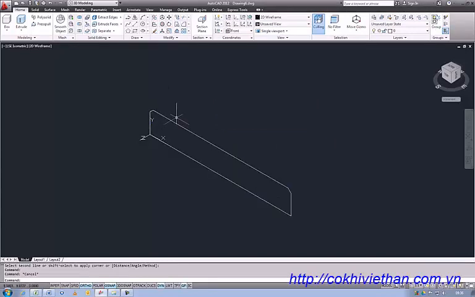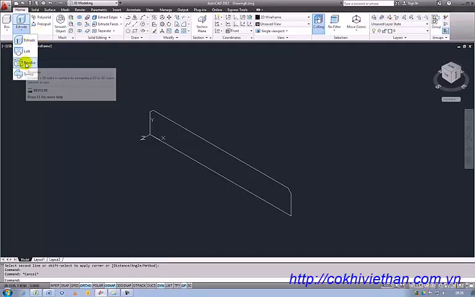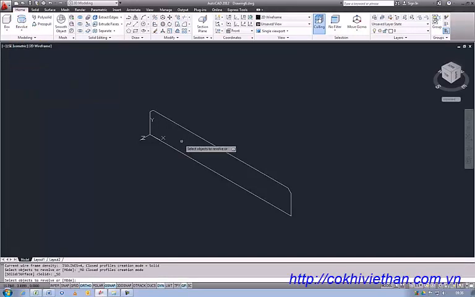Right, our next command then is revolve. Now we can select this from the modeling tab, so I'll select that, revolve. It's asking us to select the object, so we'll select our rectangle and then hit enter. Now it's asking us for an axis. Our axis, we're going to use the bottom line, so I'll click on one point here